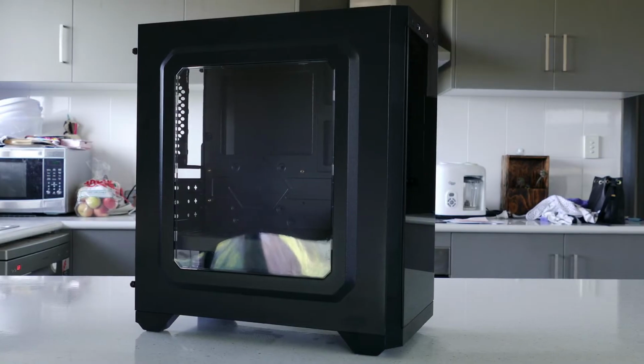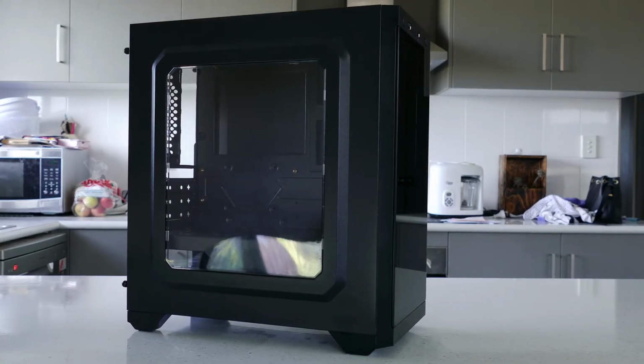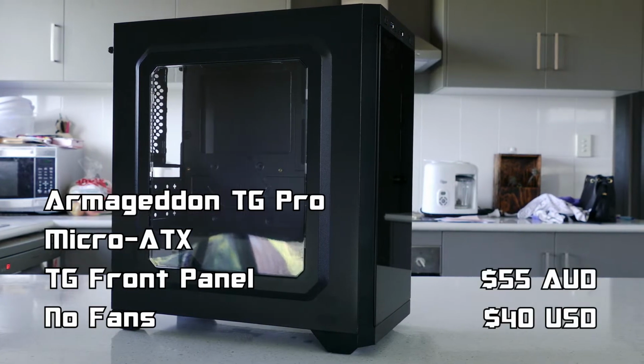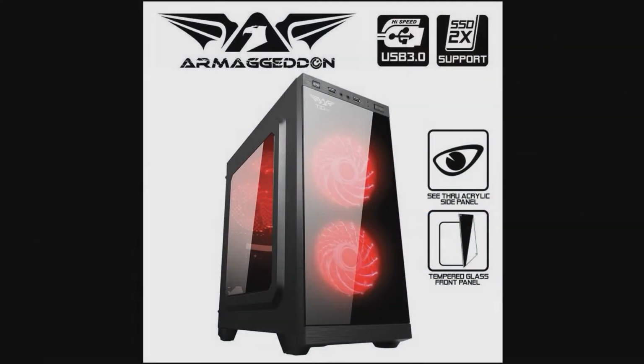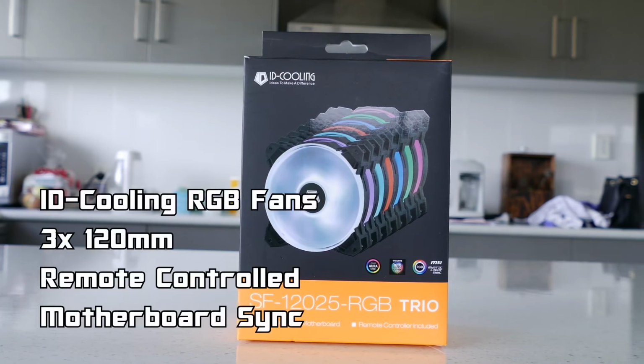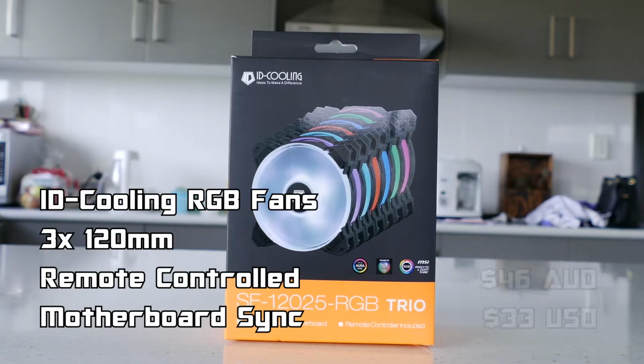The case was another item I struggled to find second-hand, so I bought a crappy Armageddon TG Pro Micro ATX case from eBay for $55. It's bad, but it'll do. I'm stupid and didn't realise the case doesn't come with any fans despite all the marketing material showing red LED fans, so I decided to splurge a little on a 3-pack of ID Cooling 120mm RGB LED fans for $46,